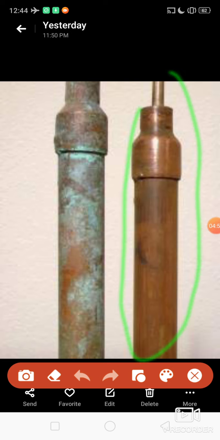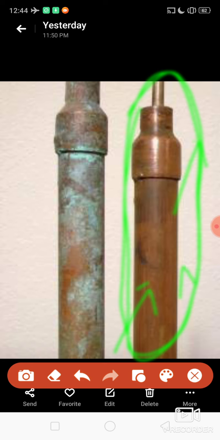This is a metal, copper. It is made up of what? Copper. When it is exposed to air, what is there in air? Oxygen is there, water is there. So when it comes in contact with air, what's happening? A greenish coating. You can see here the greenish coating.